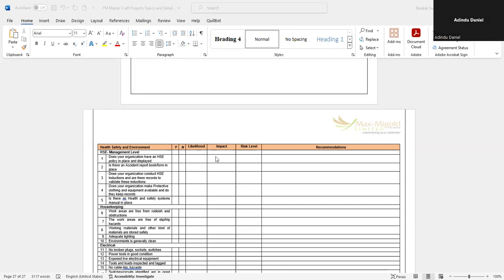Then what's the impact? What impact is this HSE policy being in place making? Is it communicating the right thing to the people? Are people taking precautions of what is required of them in terms of health and safety? These are the impacts of it being in place and displayed that you should put here. Then the risk level. If something is in place and people understood the assignment, I expect the risk level here